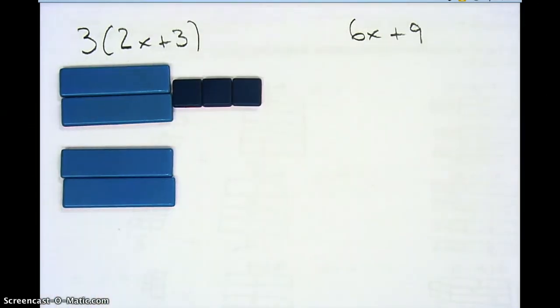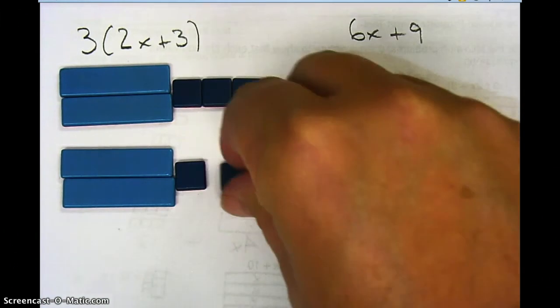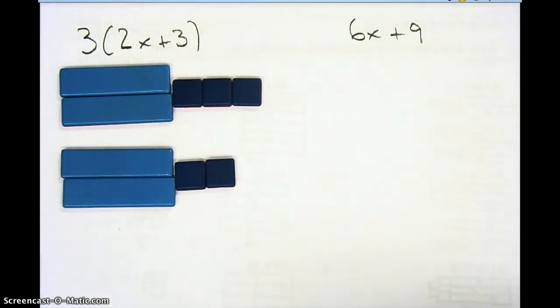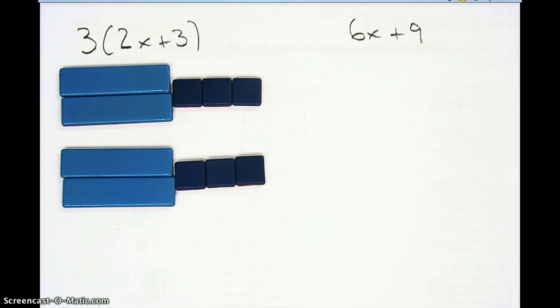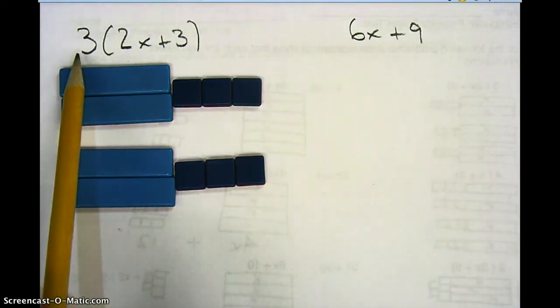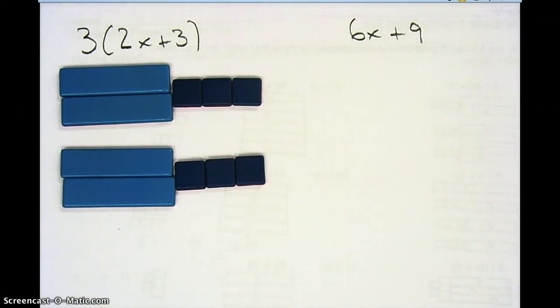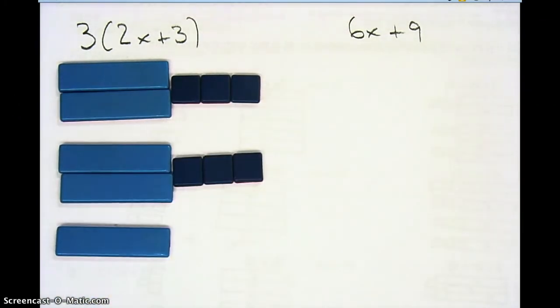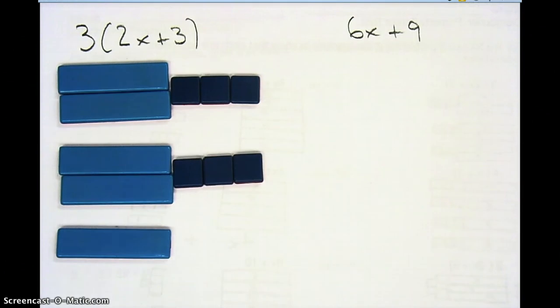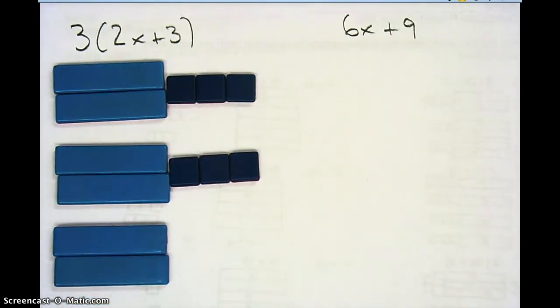There's my 2x plus 1, 2, 3. There's a second 2x plus 3, but I have 3 2x plus 3's because the number right here says I need 3 2x plus 3's. So I'll bring out a third 2x plus 3. And this is my third 2x